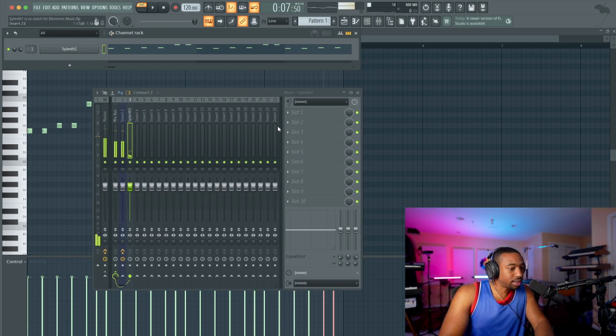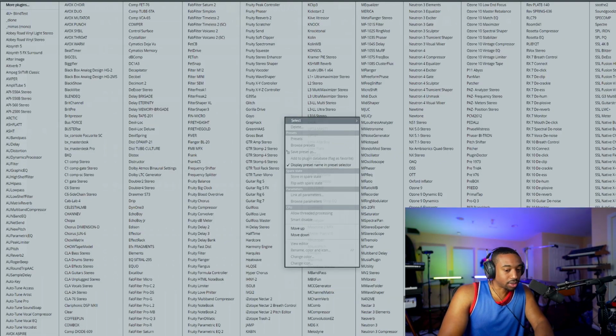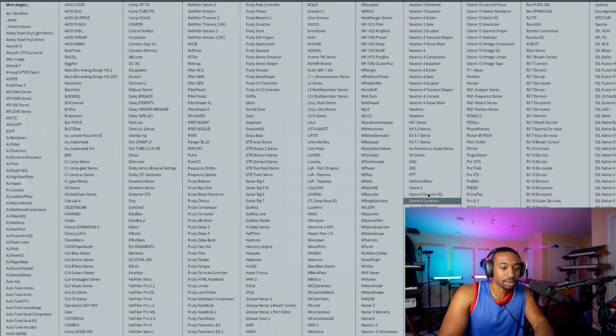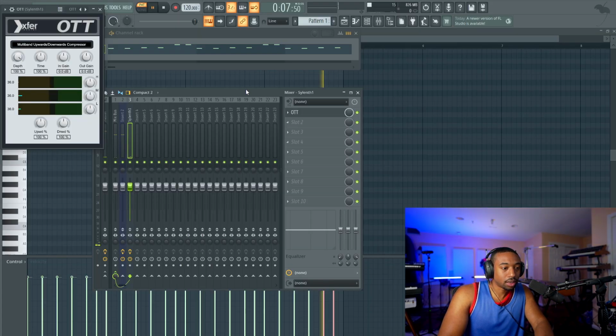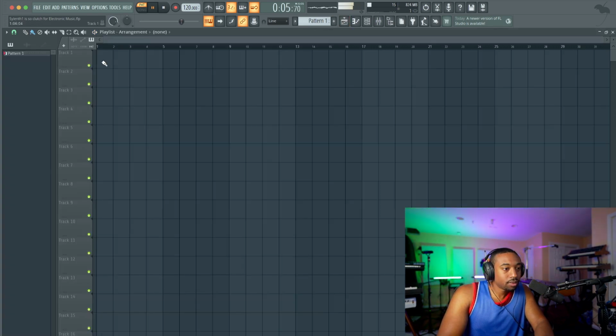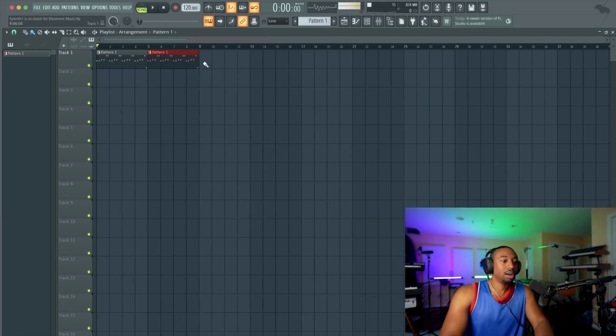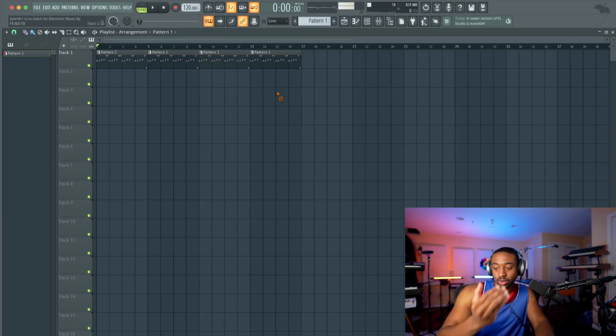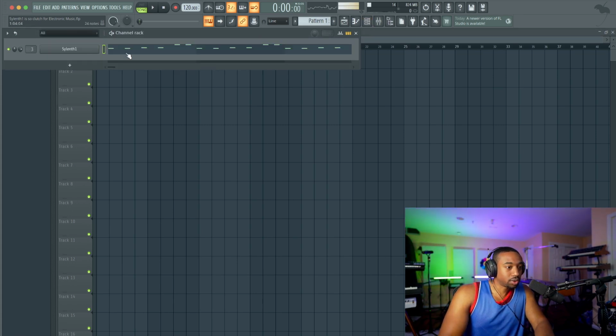What I'm going to do is hit Control L, send this to the mixer. We're going to use a free plugin called OTT. This is going to squash the sound a little bit more. And that's the EDM sound, pretty much. In short, it's about that additive sawtooth, and then we're using subtractive filtering to pull back some of the harmonics.